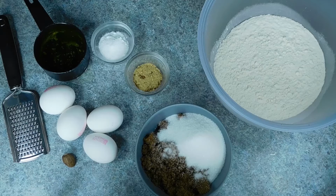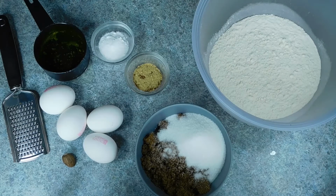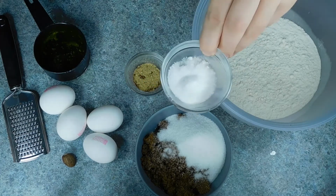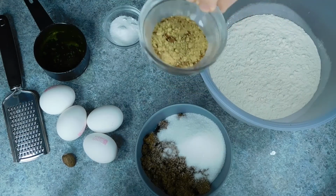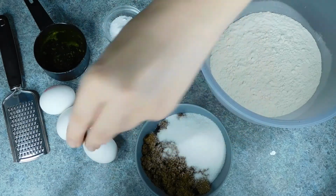We are making pumpkin bundt cakes. For this recipe you will need 250 grams of all-purpose flour, 2 teaspoons of baking powder, 1 teaspoon of baking soda and 1 teaspoon of salt, 1 1/2 teaspoons of cinnamon and 1 teaspoon of ground ginger, some freshly grated nutmeg,